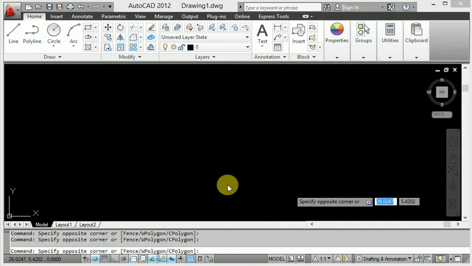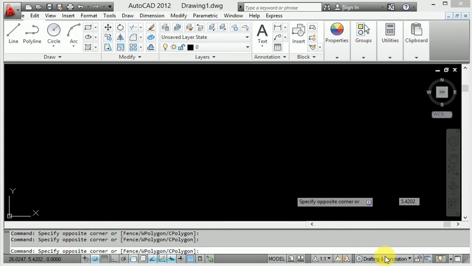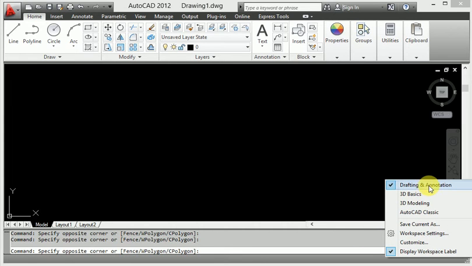This is how to set the workspace. First of all, look at the annotation setting. I will do this work from 2D drafting. When you click drafting annotation, if you work in 3D modeling, you click the 3D modeling selection and AutoCAD classic type.